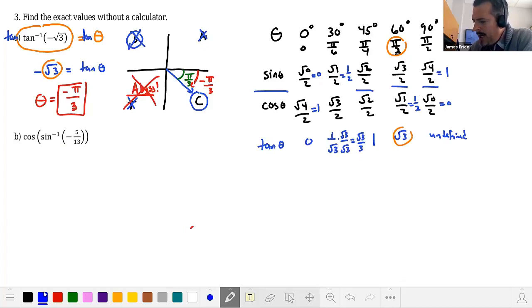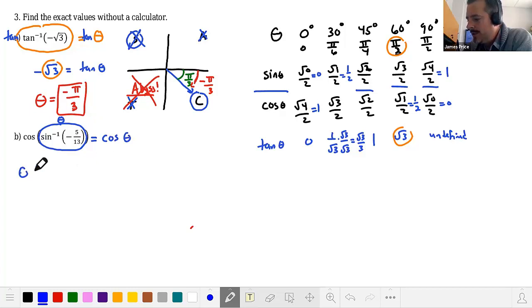So in the next one, what do we have? We have cosine of sine inverse of negative 5 divided by 13. What is it equal to? And so, again, when I look at this, my brain always gets stuck. It's like, what do you mean? I don't even understand that thing. Oh, hold on. Let me slow myself down here. That's sine inverse. Remember, if you take sine inverse of something, you don't just get anything. You get an angle. So that's like cosine of theta,